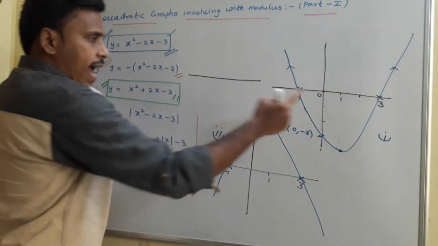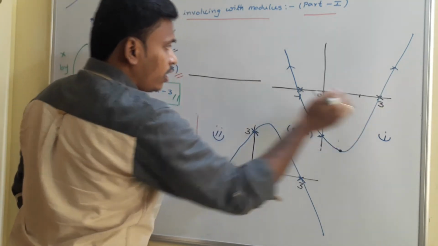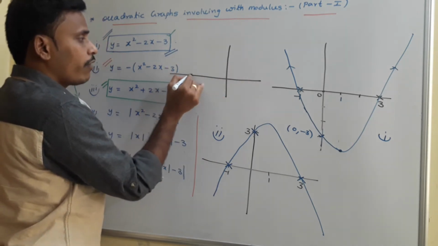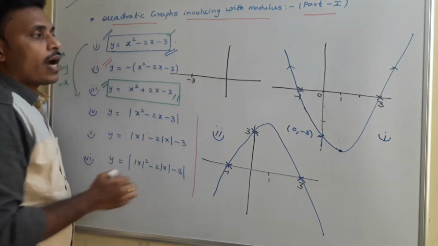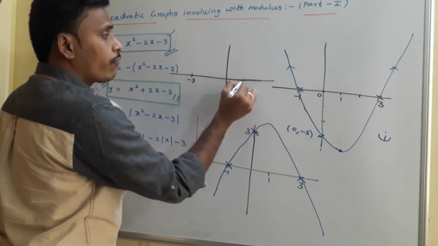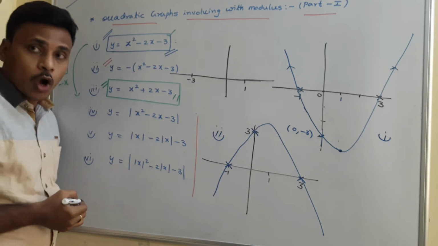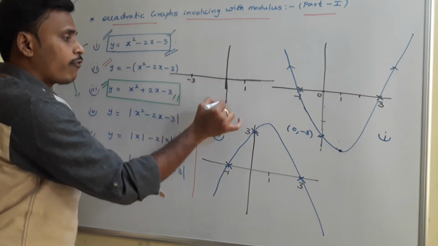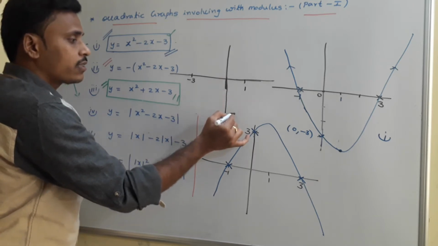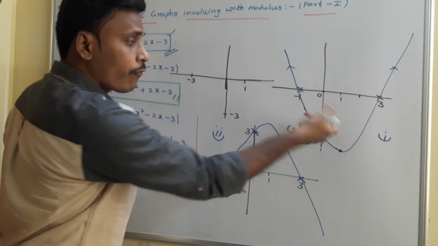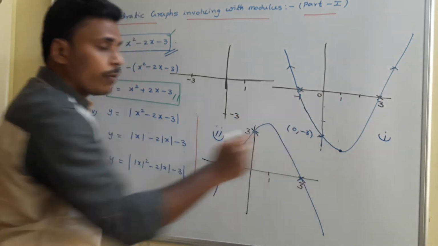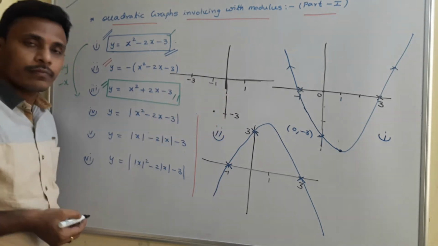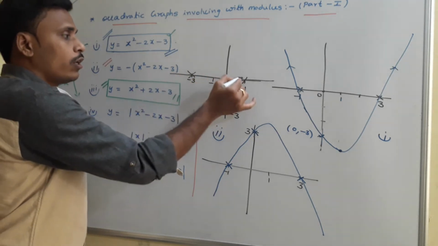As a flip, since it passes through 3, now in the flip it passes through minus 3. Somewhere you need to identify minus 3 here, and since it passes through minus 1, as a flip it passes through 1. And again, if you replace x with 0, the intersection of the graph with the y-axis is always that minus 3 only. But since you are flipping, here at 1 we have the minimum point, and now here at minus 1 we will have that minimum point. So now the graph for sure passes through these 3 points.